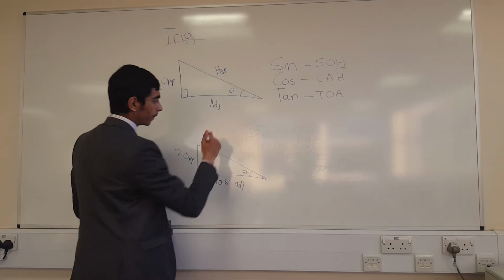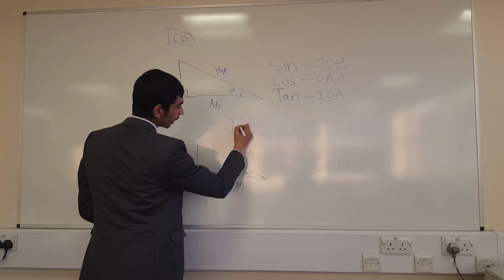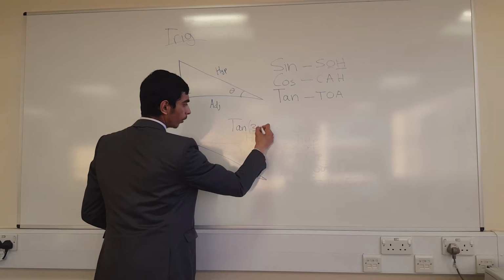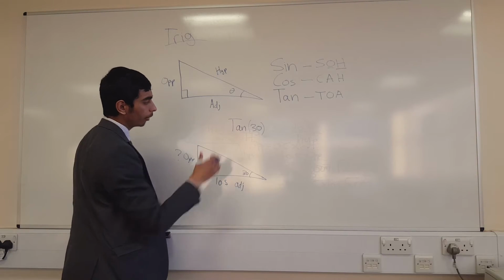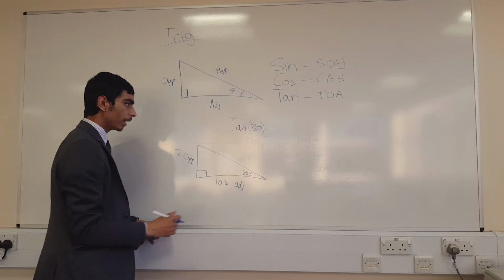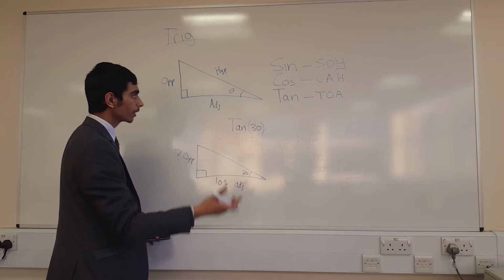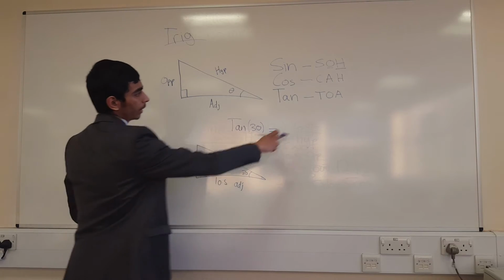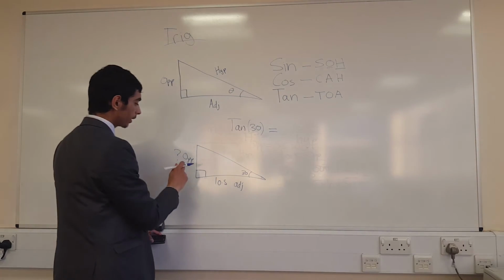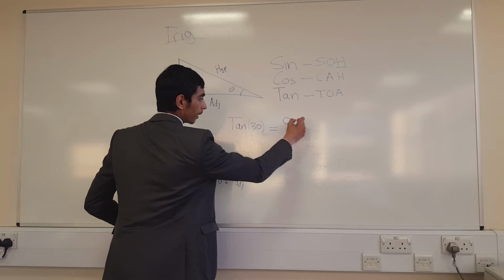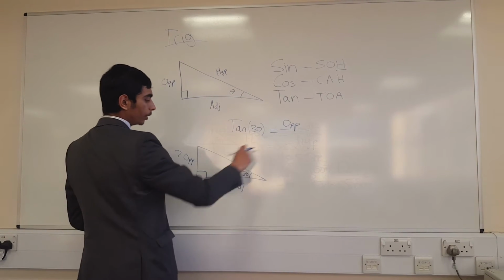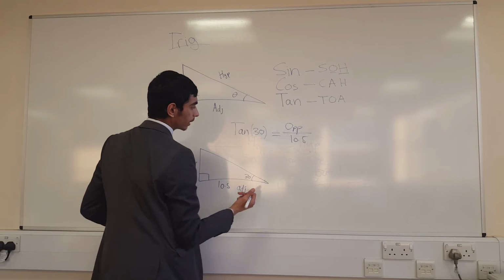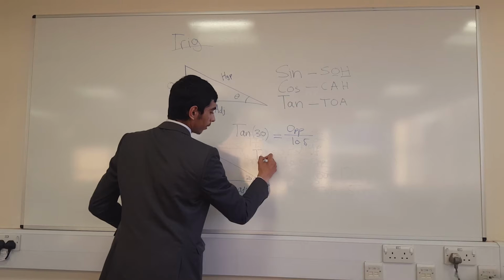And as mentioned countless times before, we always apply these functions to angles. So tan of 30, this is the way we write it, the function tan of 30, and we place the brackets in whatever we're tanning or cosing or sining, so to speak. So we've got tan of 30 equals, if we just read it off there, opposite over adjacent. Opposite, something that we want to find out, so we just write it as it is, opposite over adjacent. Adjacent is 10.5, and just rearrange to make opposite the subject, which is tan 30